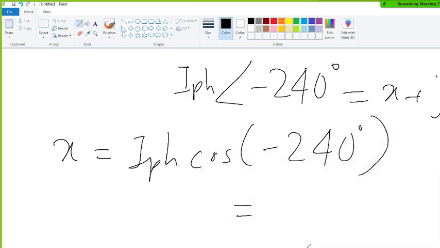Just wait. Okay, see my calculator. So 240 degrees,